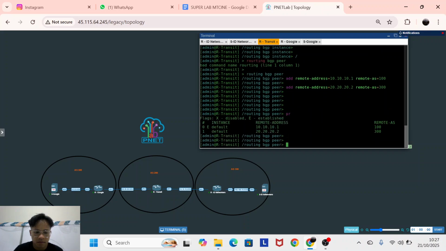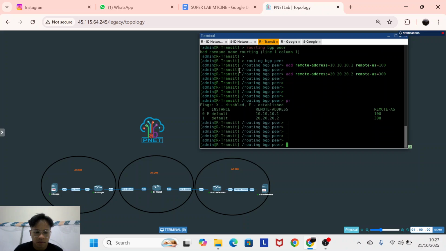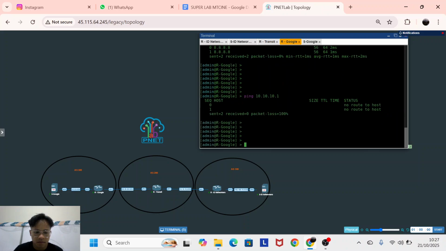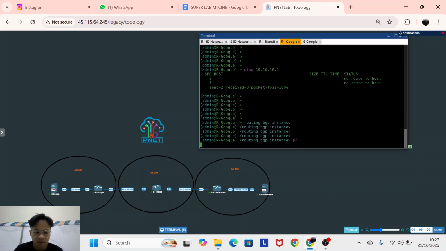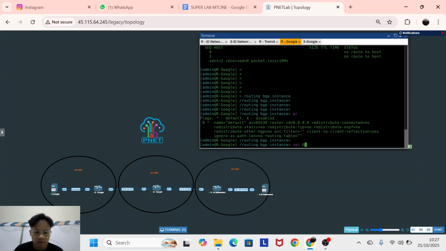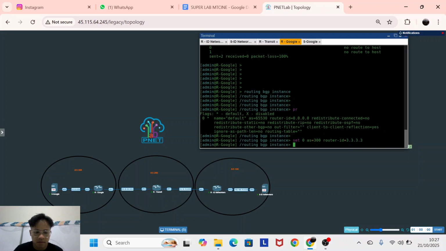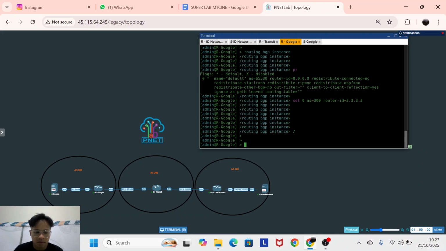Try to print. Okay, now from Google, first you do instance, set 0 AS. Your AS is 300 and your router ID change it to 3.3.3.3. Okay, like this.